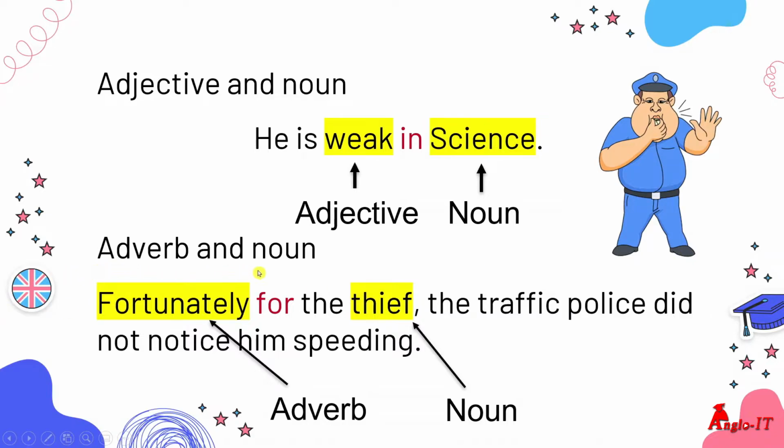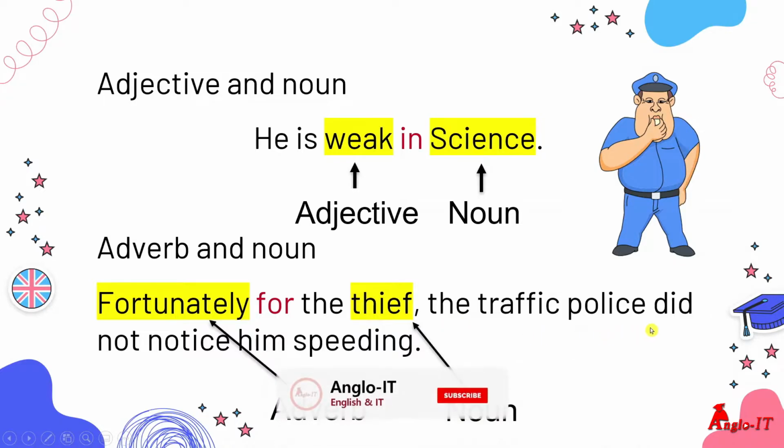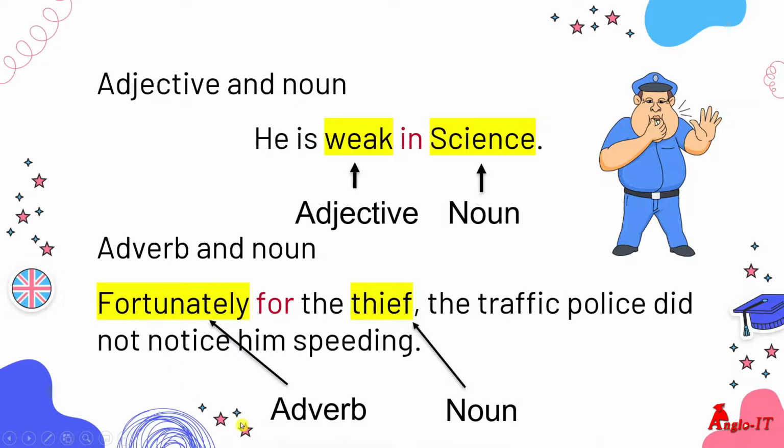Next, adverb and noun. Fortunately for the thief, the traffic police did not notice him speeding. Here fortunately is the adverb, thief is the noun, for is the preposition making the relationship between this adverb and